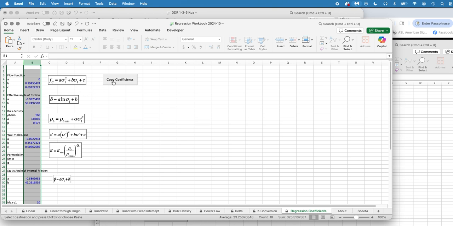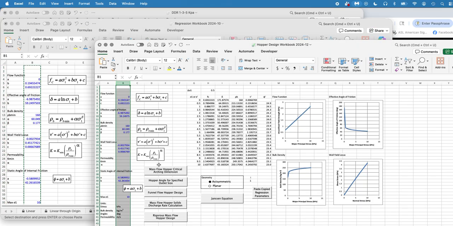We click the copy coefficients button, and now we can go to the hopper design workbook and see here there is a button that says paste copied regression parameters. We do that. I've already done that previously, but here it is. It's all loaded up. And now we can go ahead and calculate arcing dimensions and rat holding dimensions, hopper angles